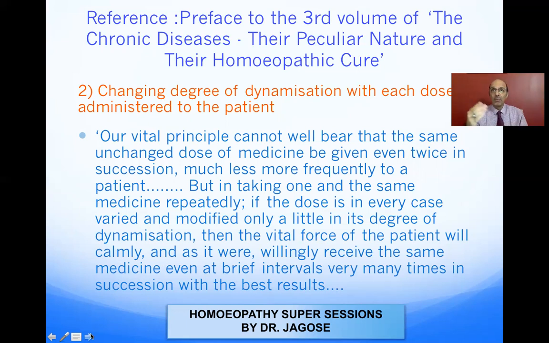As I told you previously also, when one potency is given, the vital force vibrates at one level. When the potency changes the vibration, the vital force then vibrates at a second level. So for the second level, the potency slightly has to be increased, and in this way, the cure will take